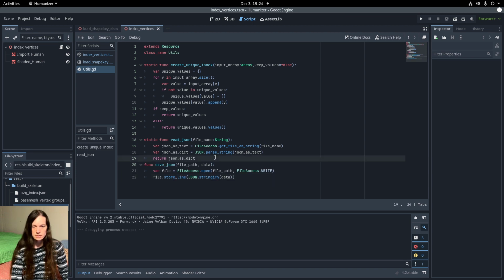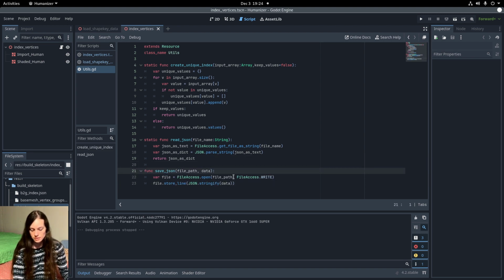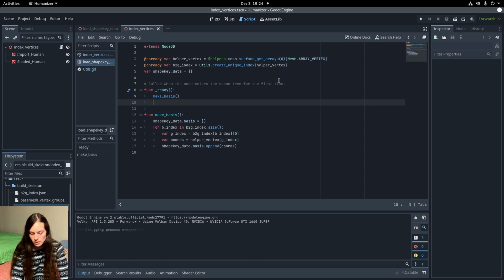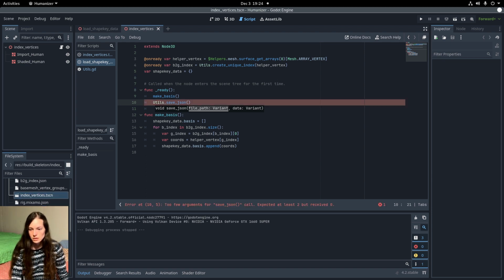So I'll add this to the utils and make the function static so it can be called without making a new utils object. Then after I make the basis in the ready function, I'll save the Shapekey data to the generate mesh